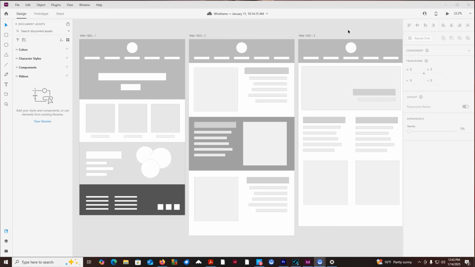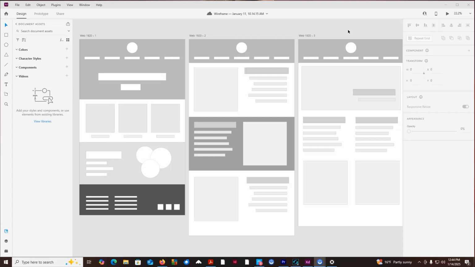I went ahead and created a third page in this. I did a little bit more designing to that. I didn't add anything else really other than just another page. But I want to show you how to add some